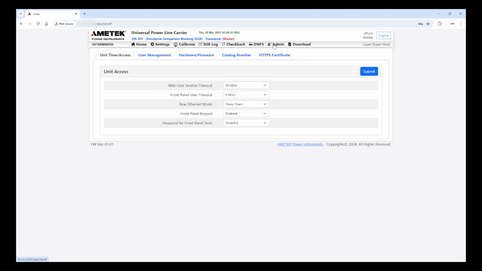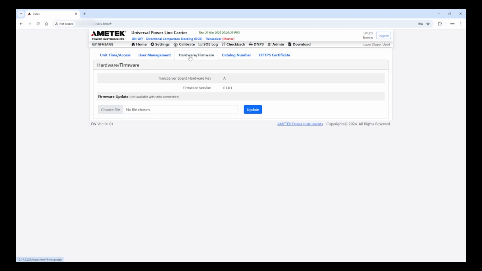Back to admin, along with the user management tab, which we've already covered, you can also select the unit time access tab to change various UPLC3 specific settings. The hardware firmware tab provides the hardware and firmware versions. This UPLC3 is running 01.01 on a Rev A transceiver board. This is also where, if you were updating your firmware, you would browse for the update file and update your